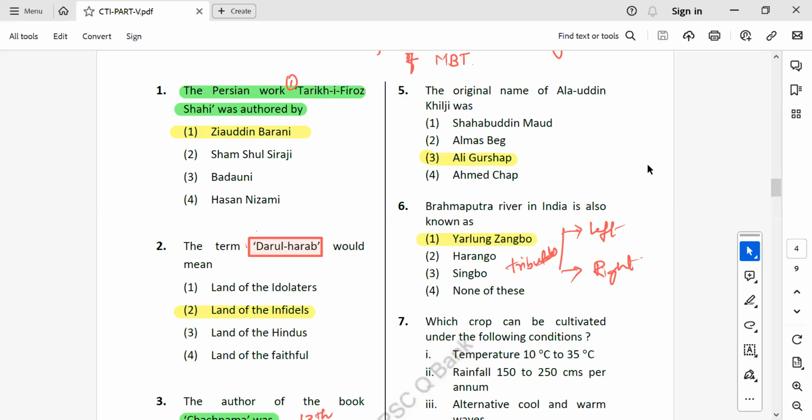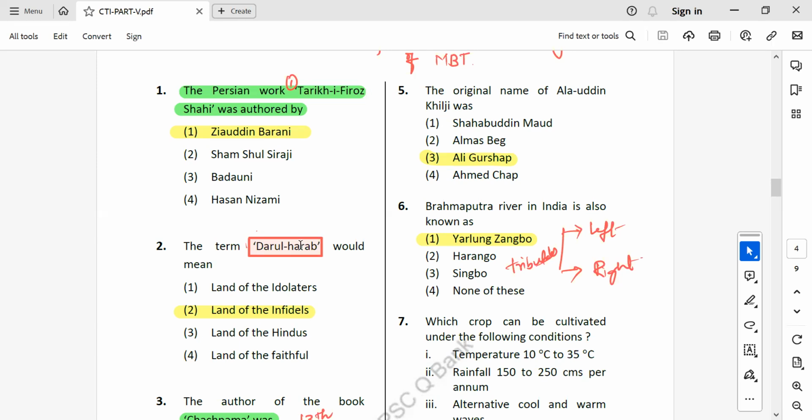So this is the 2016 Group C exam conducted by KPSC. So we can quickly see some of the questions and go in depth about these options as well. By doing this, we can cover many topics rather than reading one subject and covering fewer topics. So let's begin. The Persian work Tarikh-e Firoz Shahi was authored by